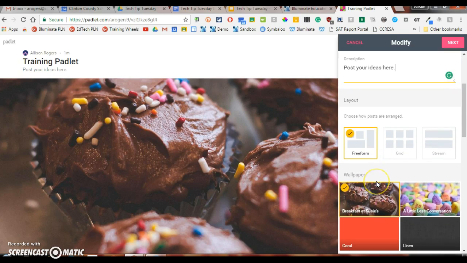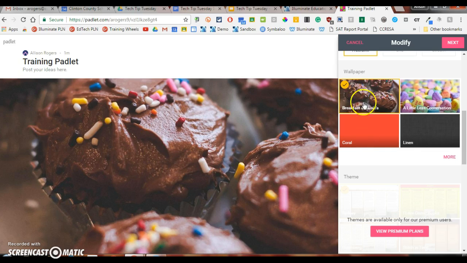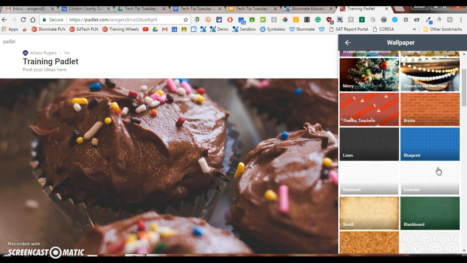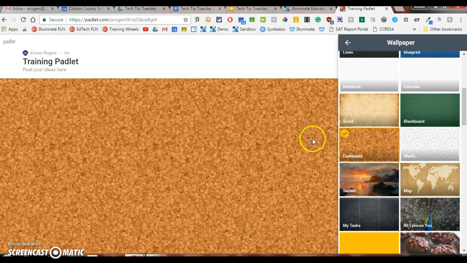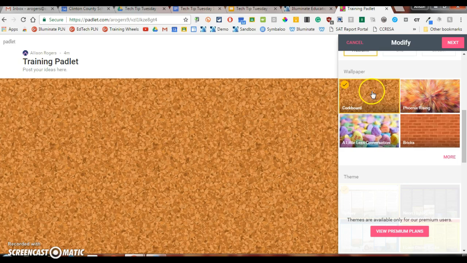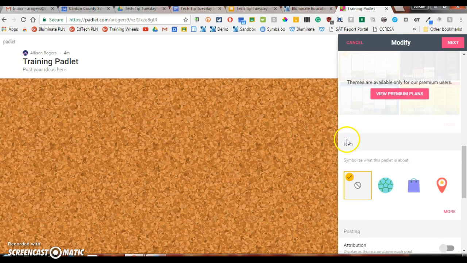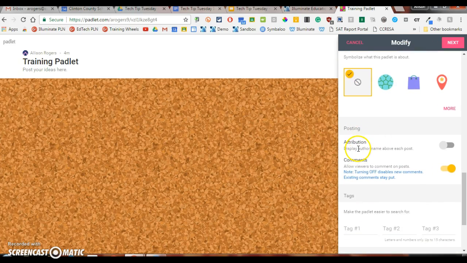Then I would scroll down to the different layouts, freeform, grid, or stream. I usually use freeform, but it's basically just saying, how do you want the different posts laid out? And then I can go to wallpaper and change this background color. So I can click more and go through and pick whatever background I want. Maybe I want the corkboard, click that, and I can see kind of preview what it looks like. Click back. And the only other thing I would do under modify is scroll down to posting, and you can